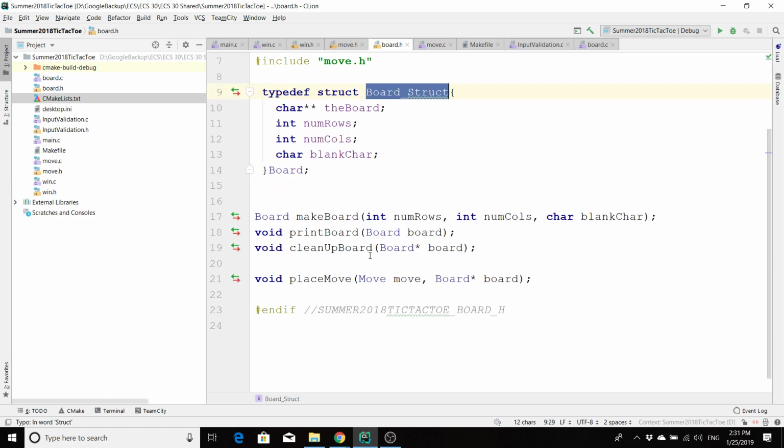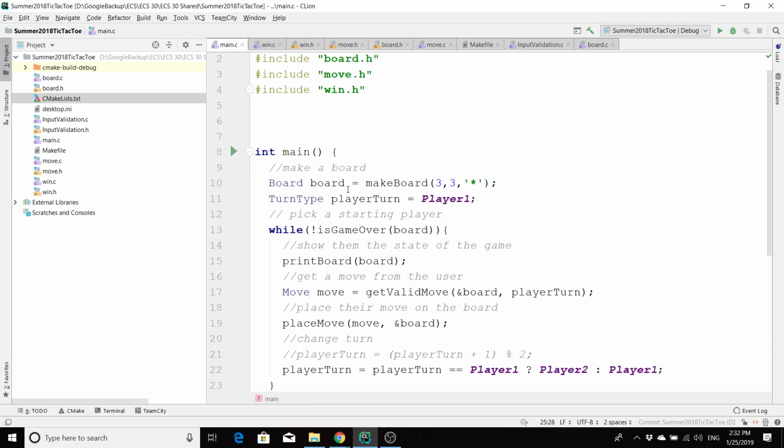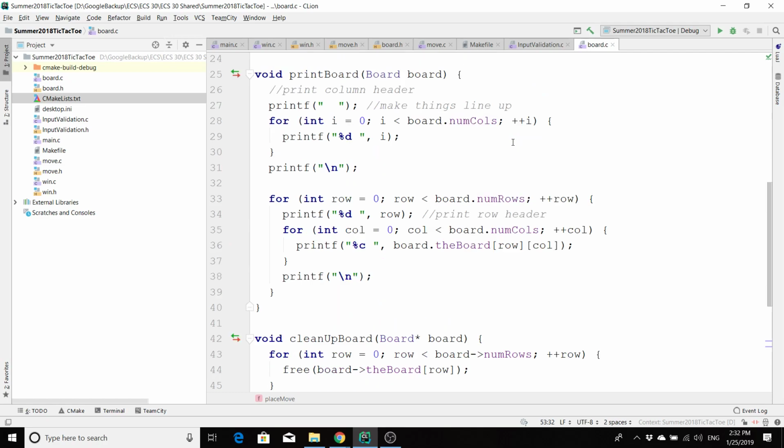We also might want to think about things that we might be able to do with boards. We want to be able to make a board, print a board, clean up a board, and put a move on that board. But even here, we shouldn't really think about what we need to do. We should, again, be thinking from main, oh, I want to make a board. I need to set up, right? So in making a board, I'm able to group together all my board functions. So making a board,